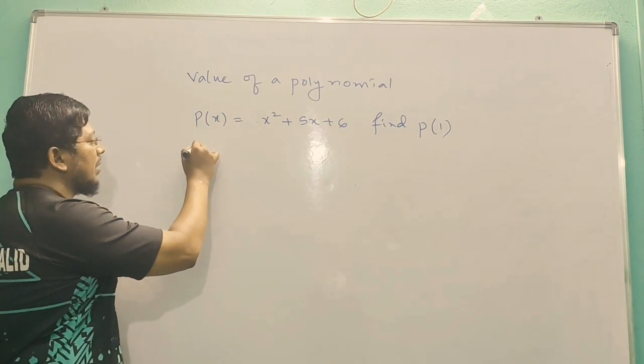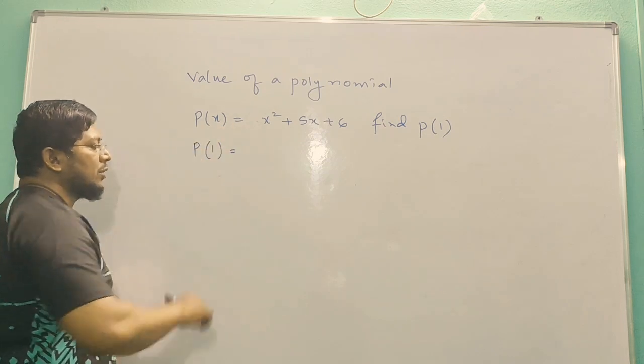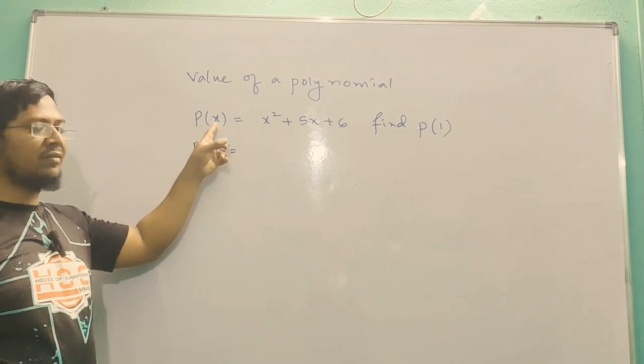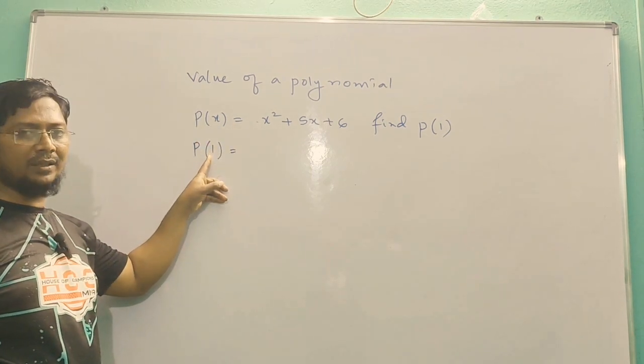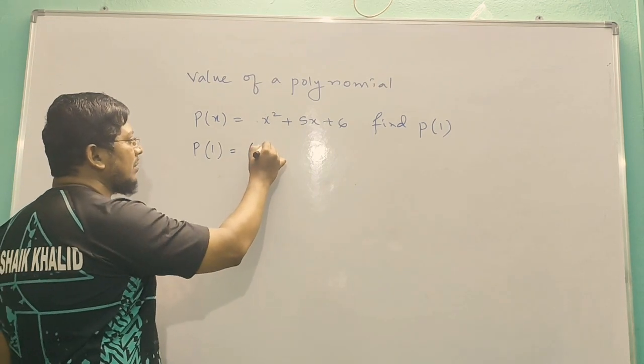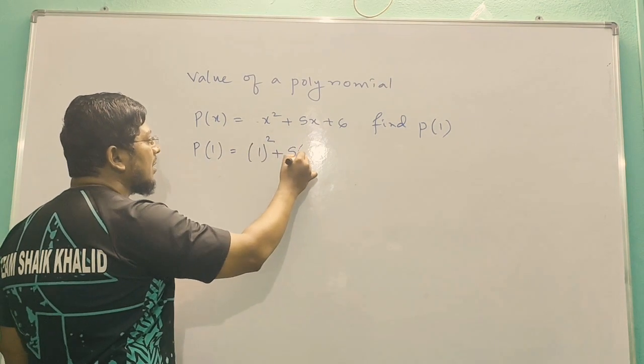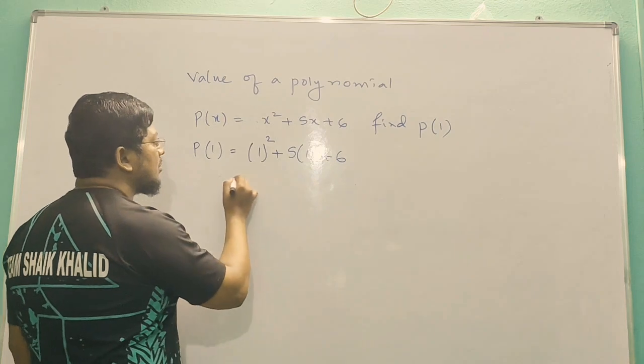Let us see p of 1. So we have to use the substitution method. Instead of the variable x, we have to write 1. How to write 1, sir? 1 we should write in brackets: 1 square plus 5 into 1 plus 6. So 1 square is